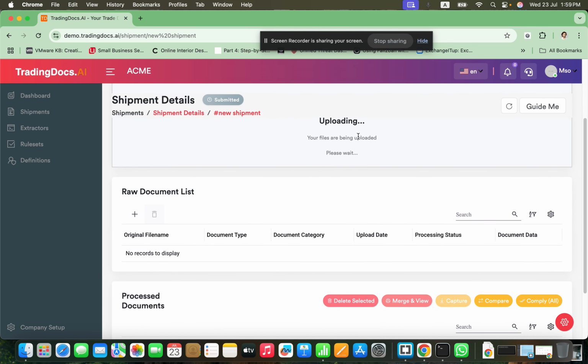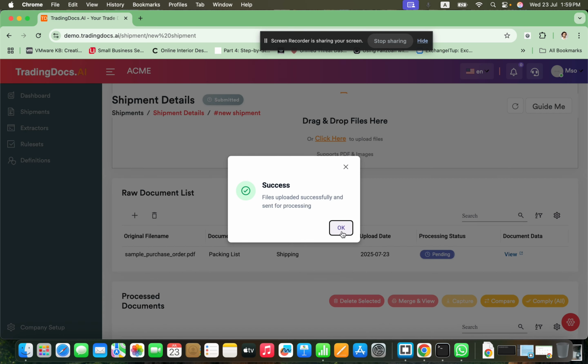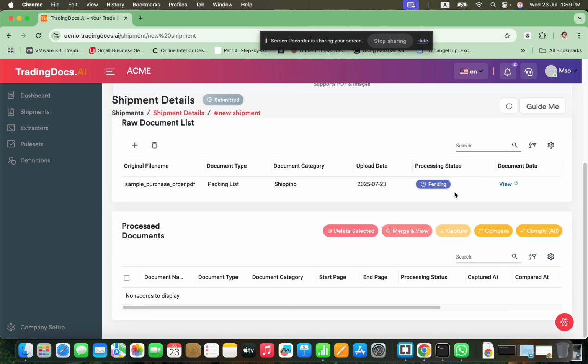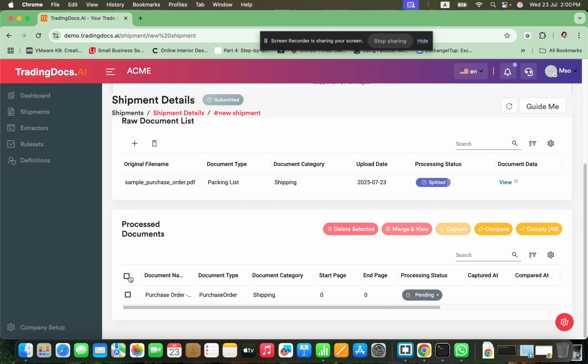So once the upload is complete, it will say files uploaded successfully, and it's going to immediately start processing this file. If this file is made of multiple purchase orders, one added one after the other, it will split those files, and we will see each individual file in the processed documents section below. So here it says split the file,